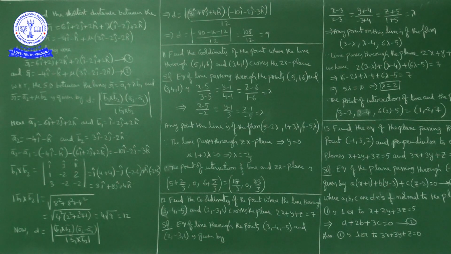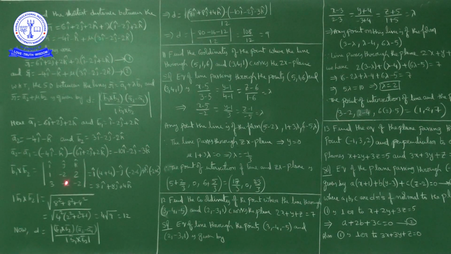Okay, now B1 bar cross B2 bar. This is the cross product of B1 bar and B2 bar. What is B1 bar? i cap minus 2j cap plus 2k cap. B2 bar is 3i cap minus 2j cap minus 2k cap. So B1 bar cross B2 bar is the determinant of i cap, j cap, k cap; 1, minus 2, 2; 3, minus 2, minus 2. Okay, so what do we get? i cap into first row, first column closed: minus 2 into minus 2 is 4,